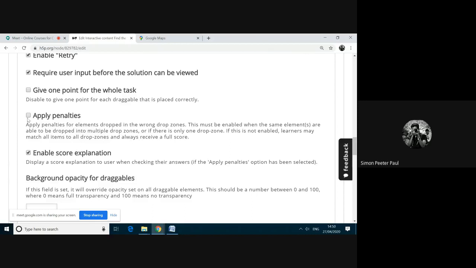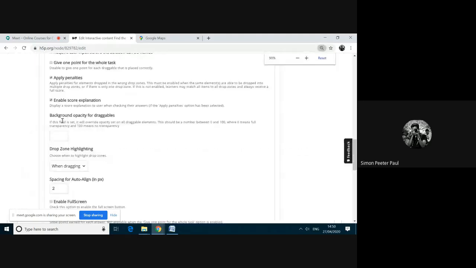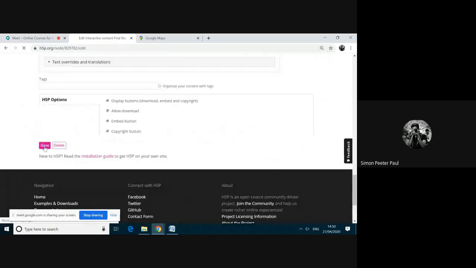If you are applying penalties, if you make one wrong answer, then it reduces -1 mark. So I removed that one. If I apply this one, and there are three answers in the question, and a student answers two wrong, then he will get 2 minus marks, and one correct answer means 1 mark. -2 plus 1 makes -1, so the score will be 0. I applied these penalties. I'm moving down and I'm saving it again.